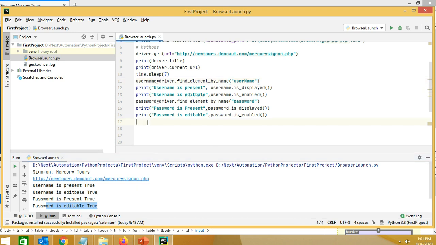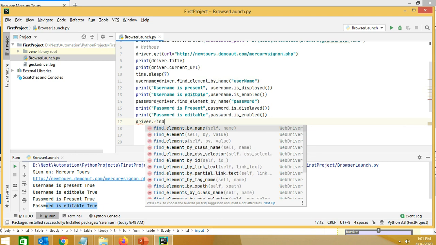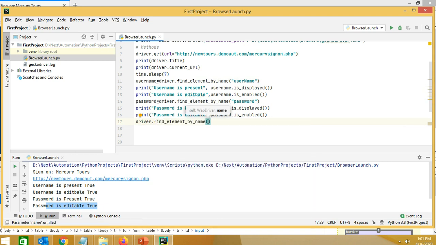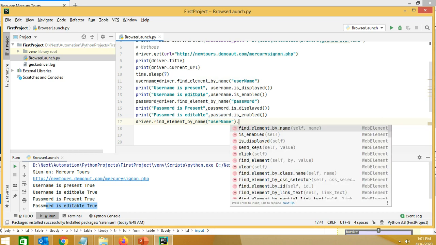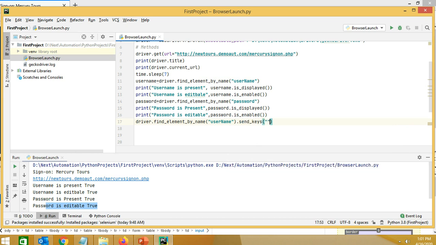Now if we want to enter a value in this field, we can use driver.find_element_by_name. The name was username, and we'll need to pass some value. For passing the value in this field, send_keys is the method, and ABC test is the value that we are going to pass.